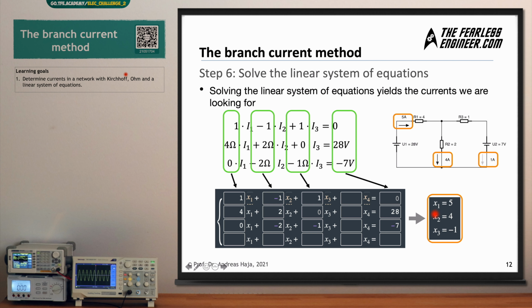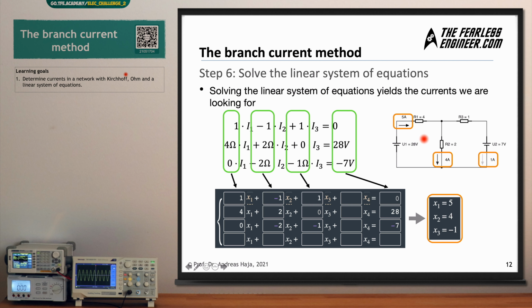X1 is 5, X2 is 4, X3 is -1, and these are the current flows we are looking for. I1 is 5 amps, I2 is 4 amps, just as I have predicted before. X3, which we assumed to flow from right to left, is -1, and this means in reality it's flowing in the